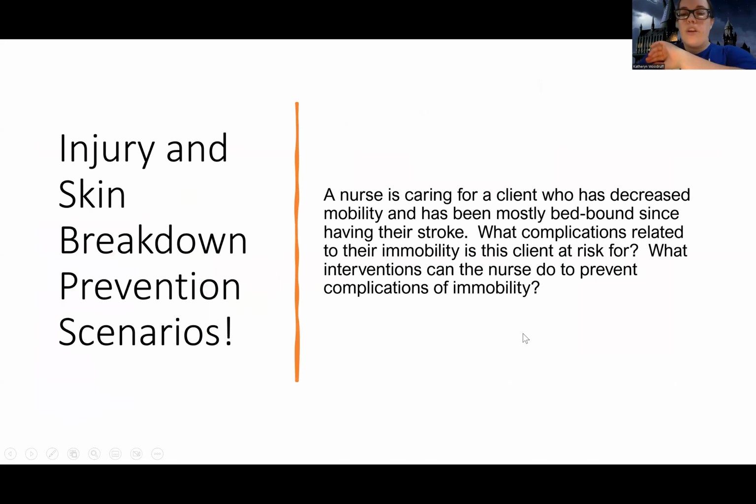All right. So a nurse is caring for a client who has decreased mobility and has been mostly bedbound since having their stroke. What complications related to immobility is this client at risk for, and what interventions can we do? First and foremost, skin breakdown. They're at risk for that because they're not moving as much. And like we talked about with the turning, making sure to pad their skin, making sure to provide cream and things like that. And we put those Mepilexes on their butts to prevent that extra pressure,